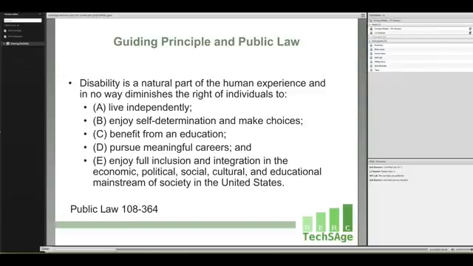Disability is natural. It's a natural part of the human experience and in no way diminishes the rights of individuals to live independently, enjoy self-determination, make choices, benefit from education, pursue meaningful careers, and really enjoy full inclusion and integration into the economic, political, social, cultural, and educational mainstream of society. I think that's one of those principles that we lean into all the time, and it's a pretty bold statement considering that in